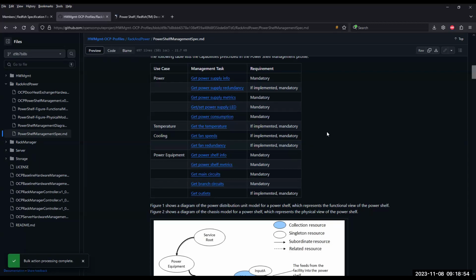I think it's also important to note that this is not a final list for forever. This is certainly the 1.0 version, and there will be a 1.1 iteration that builds on this capability, adding new features that become mandatory in power shelves over time. I think at least getting a very bare bones baseline 1.0 would be very useful as a building block. I'll pause for a moment if there are any comments or questions or any early feedback about this list of use cases here.